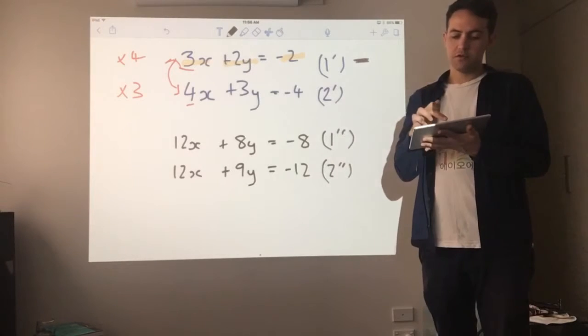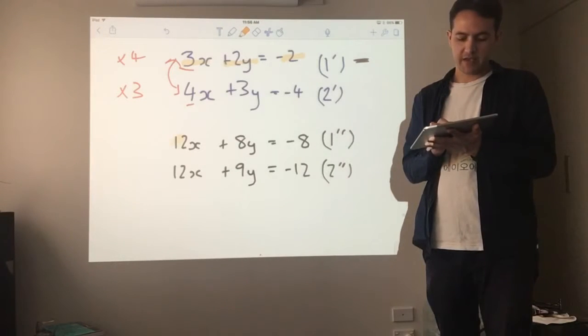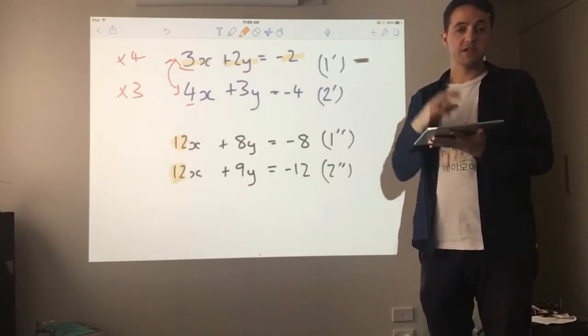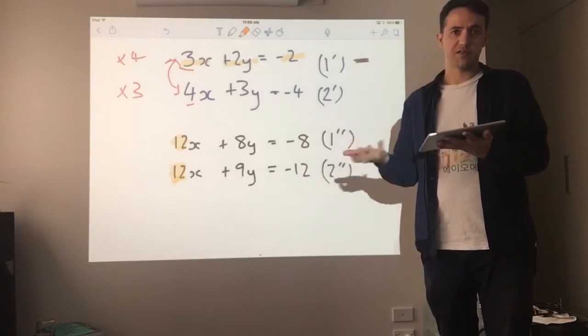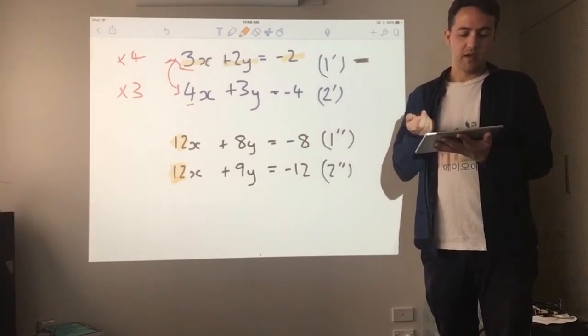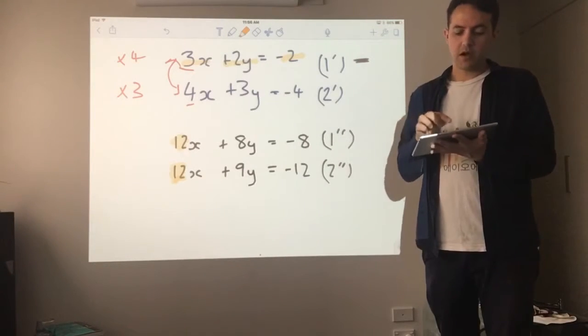So I've now got two equations where I have the same coefficient of x, which is exactly the reason why I chose those numbers to multiply by in the first place. So this shouldn't be surprising. Now, one thing to note, I could have